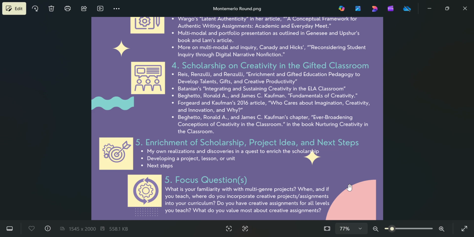The research thus far supports creativity and even says it promotes higher order thinking in students. I want a lesson or project or unit that will result in some sort of portfolio, and I want there to be an element of reflection, as I think that makes the work more authentic.